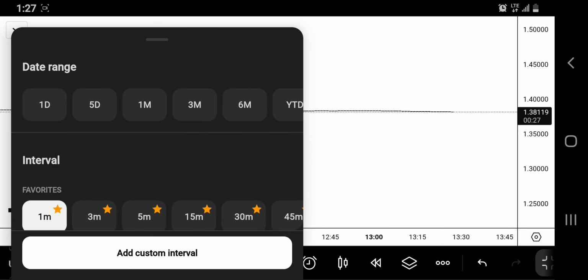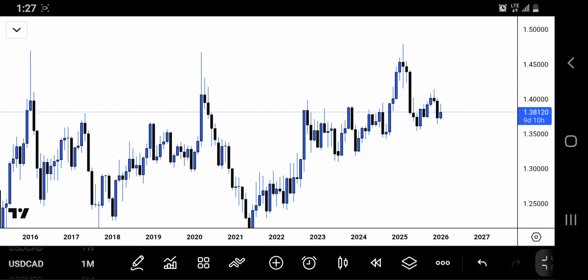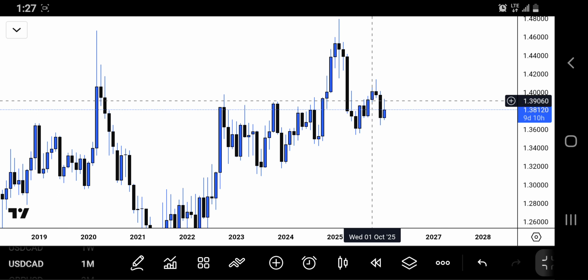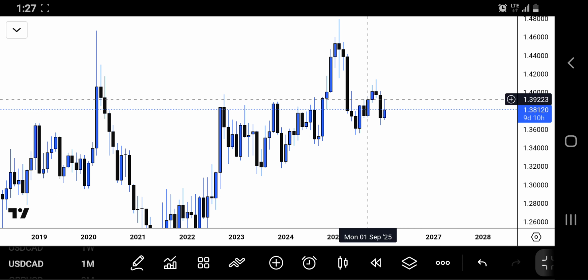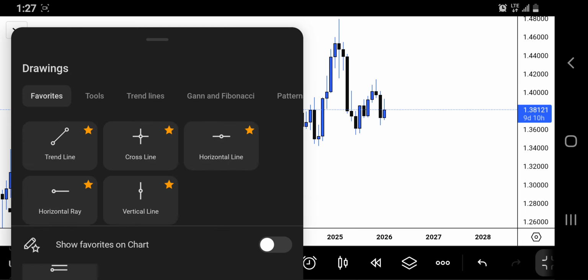So let's go to the monthly, and now on the monthly, I want to focus on the last 3 one-month candles. Are you getting my idea? Everything I'm picking is 3, 3, 3, 3, because I want to focus on what is going to give me money now, and who is in control of the market in general. So we can already get this low point right here. Let me bring the arrow to